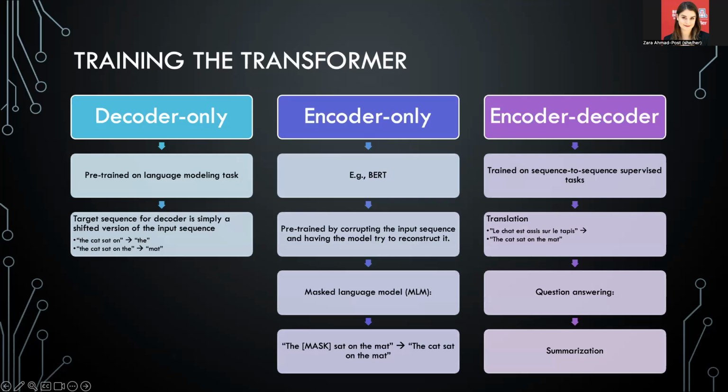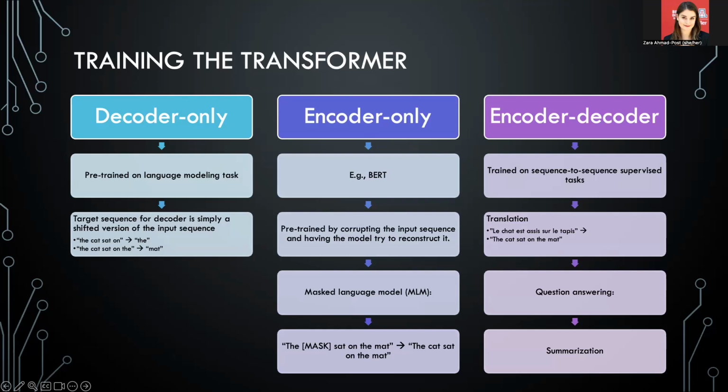Okay, so let's talk about some of these different architectures. We have our decoder only architecture. That's going to be pre-trained on our language modeling task, right? So our next sequence prediction, our masked attention. The target sequence for a decoder is going to be the shifted version of the input sequence, right? So the cat sat on,